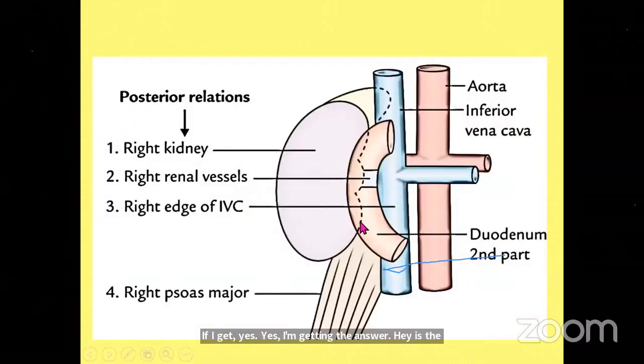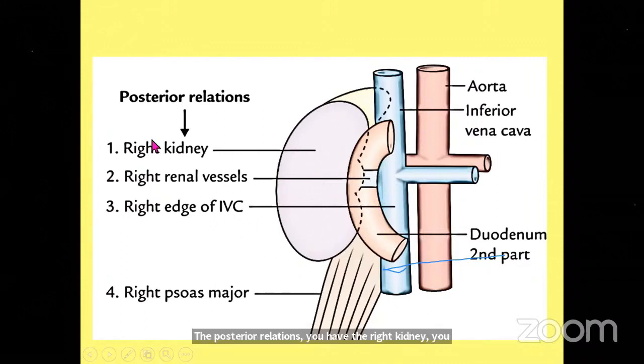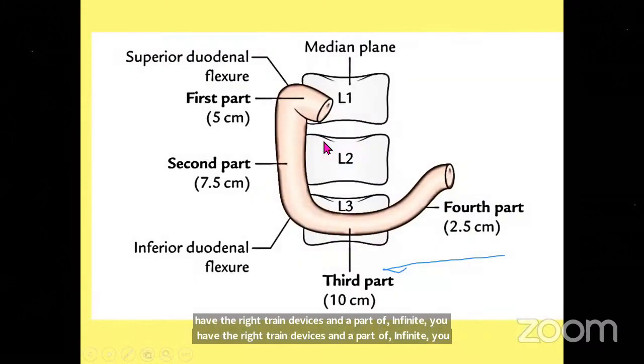So you can see the second part of duodenum, the posterior relations. You have the right kidney, you have the right renal vessels, and a part of inferior vena cava. So in our option, we have the right renal pelvis. Okay. Now,